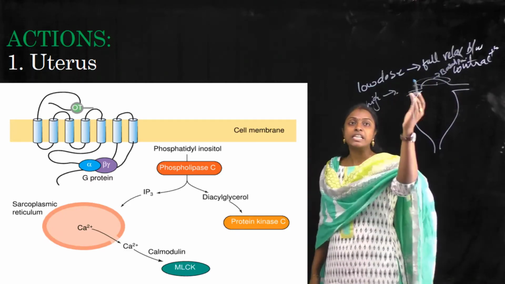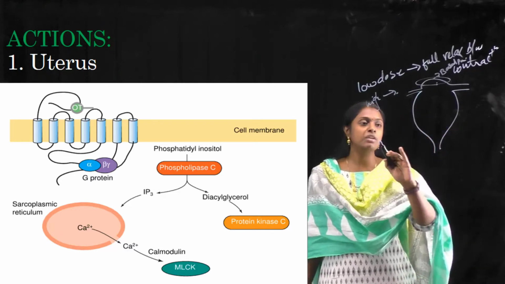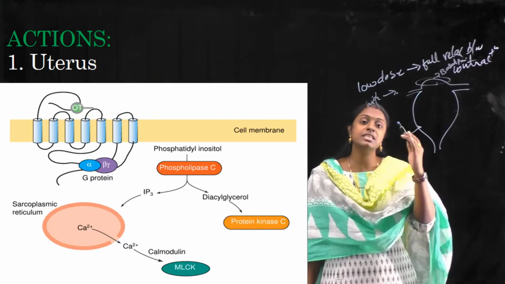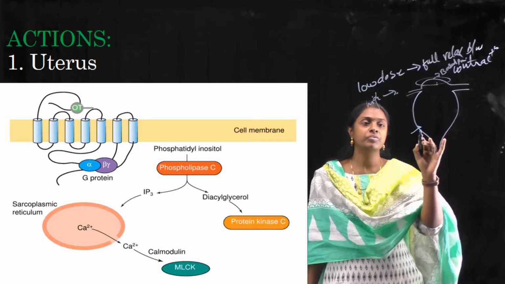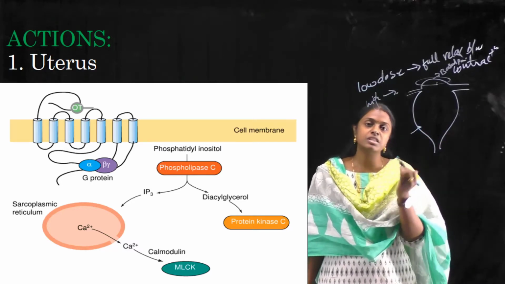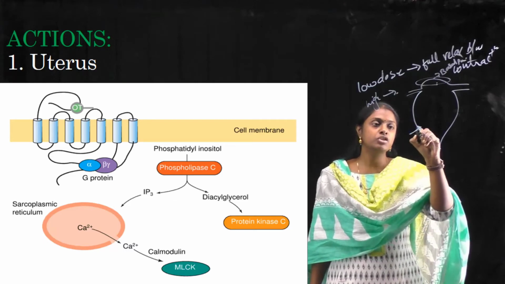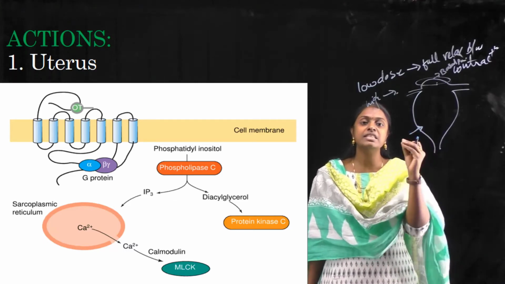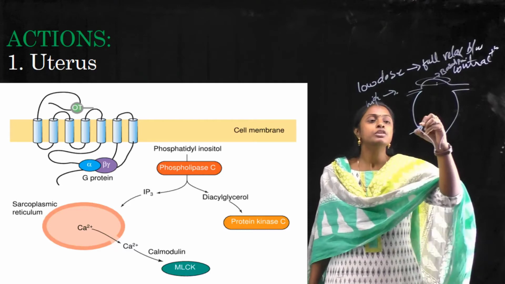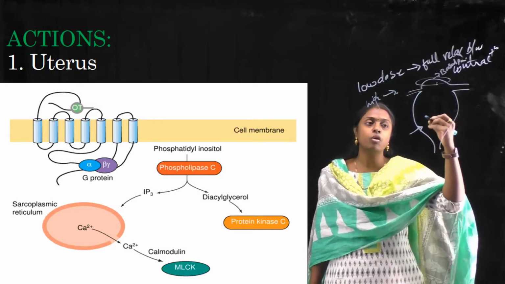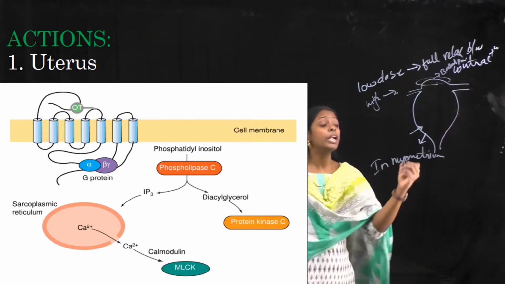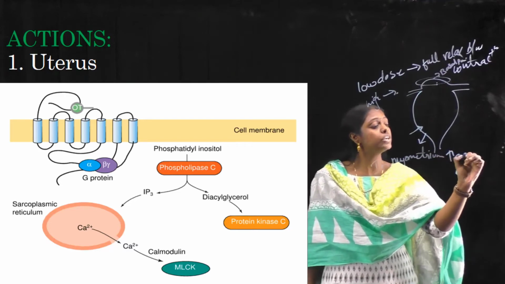Estrogen hormone is released when there is childbirth. So this will sensitize the uterus to oxytocin. That's the reason when oxytocin is released, it shows much effect on the uterus. This estrogen will make the uterus sensitive to oxytocin. When it is making it sensitive to oxytocin, in the myometrium, it will increase the oxytocin receptors.